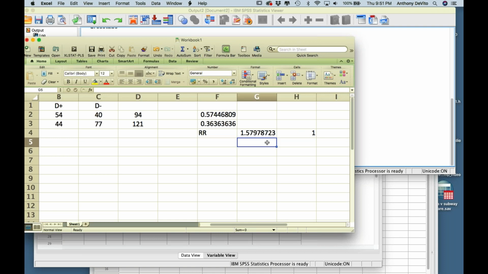What would I need to calculate for this relative risk? Odds ratio is coming up. Odds ratio is right, but what do I need? What do I need to prove with less than 5% chance of being wrong that there really is a difference between this relative risk and 1? I need to know the 95% confidence interval